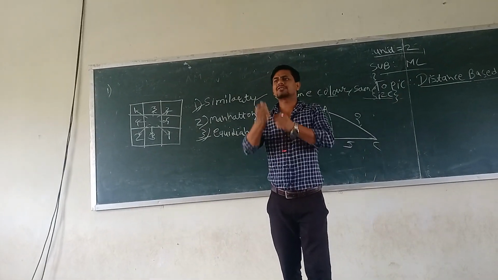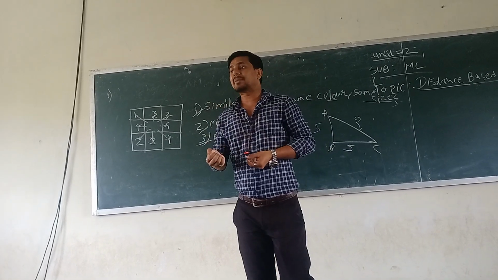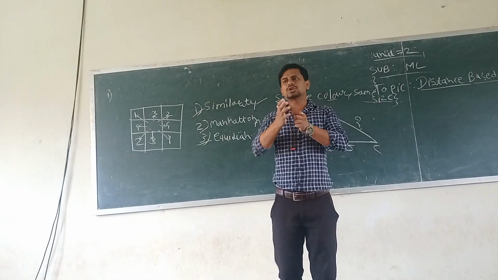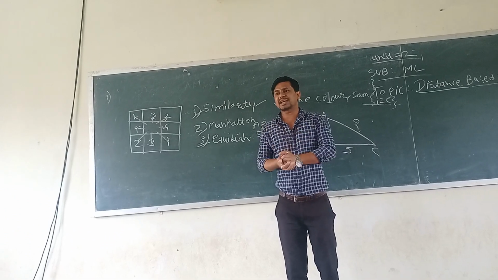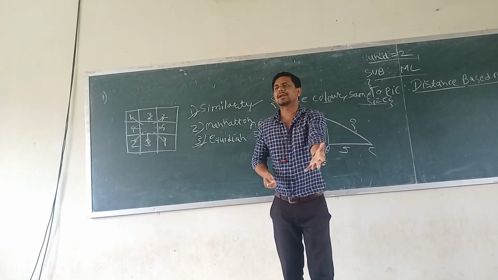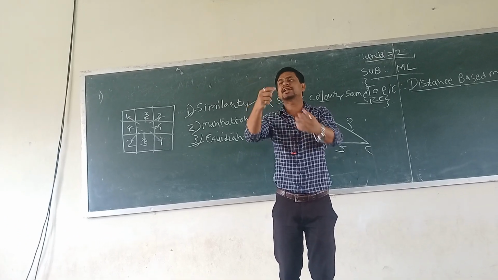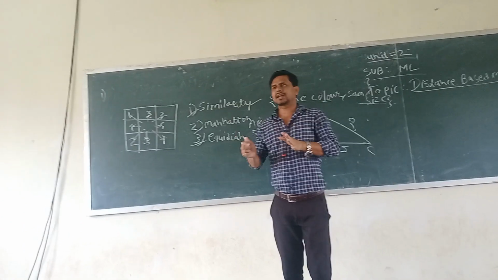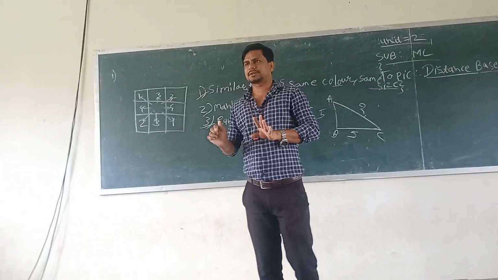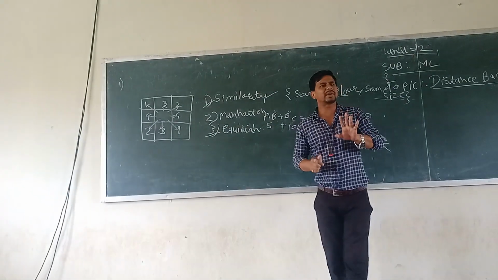In equivalent distance we are finding a nearby value. If I want to convey a message, I will convey the message first to my nearby person, then he will pass the message and find out the data, and only then will the data be transferred from one destination to another. Understand what the use of equivalent distance is?